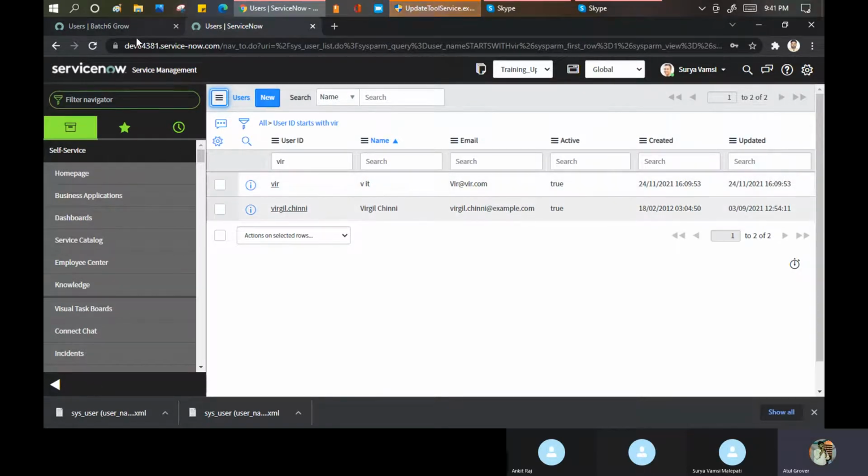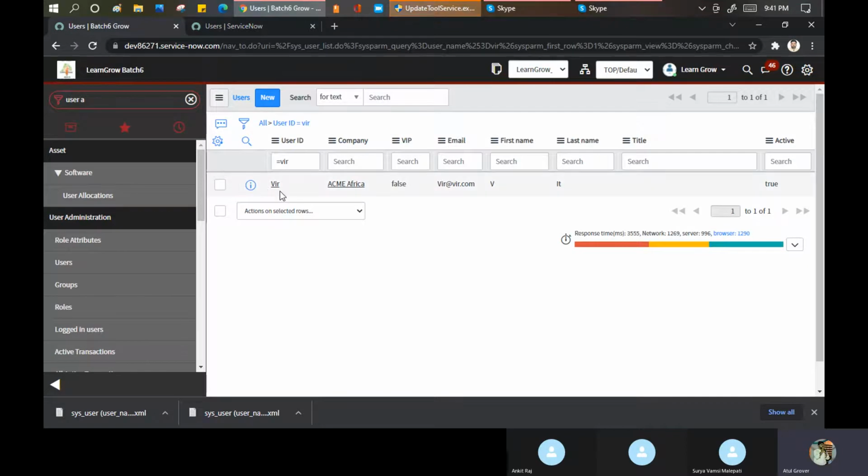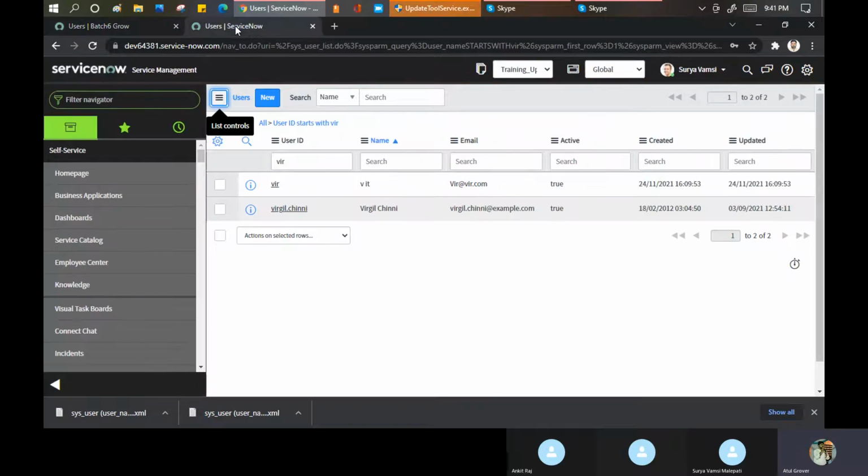See what new I have in this Veer. VIP false. Okay, it was false there only. Fine, no problem. But the question comes, why did it not update? It did not even let it create. Okay, don't let it create, at least update. If the username and user ID are the same, why did it fail? Any idea?